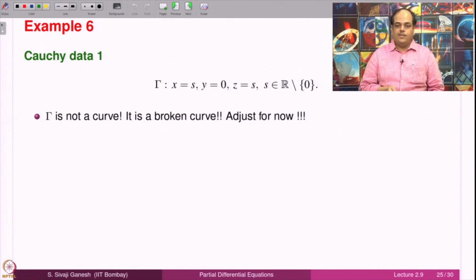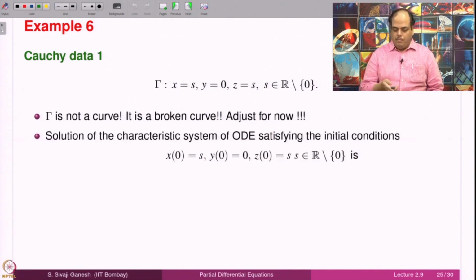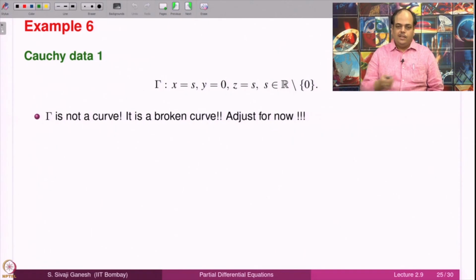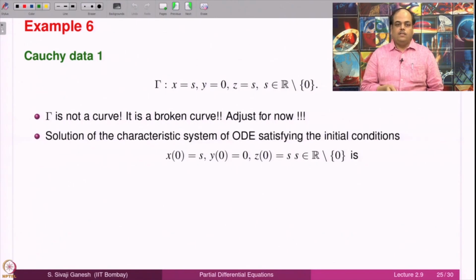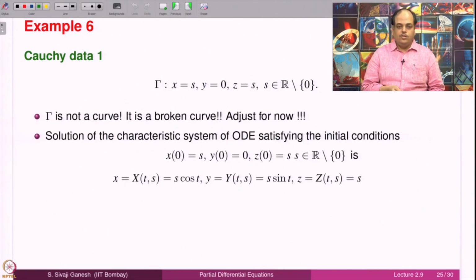But never mind, adjust for now. I guess one can create similar conditions, but then they look more complicated than this. This is very easy for computation. So, allow me this. I am going to compute with this. So, this is the initial conditions, and then solutions, as I said, cos t, sin t the feature and z